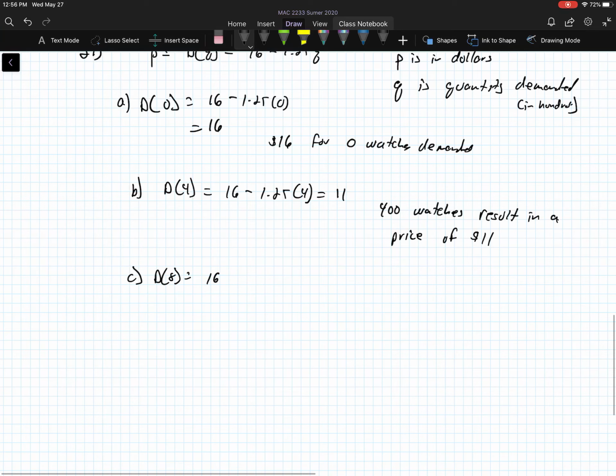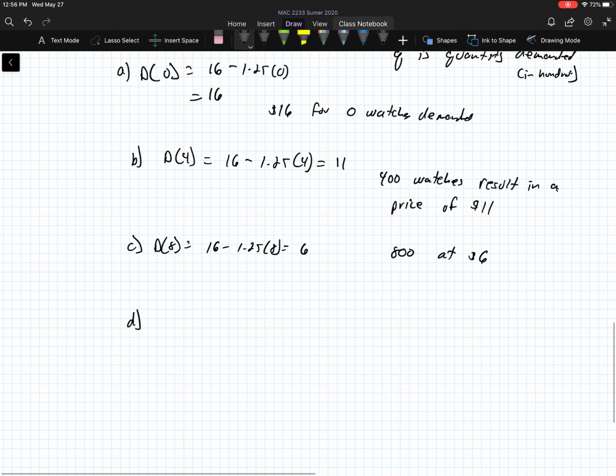Now, C is D of 8, because it's 800 watches, so it's 1.25 times 8. And so when we do that, we get a price of $6. So 800 at $6 a pop, right? Now, the next one is Part D, and Part D is asking us to find the quantity demanded for the watch at each price. So this one's a little different. What they're telling us is that we're trying to find out what would be the quantity